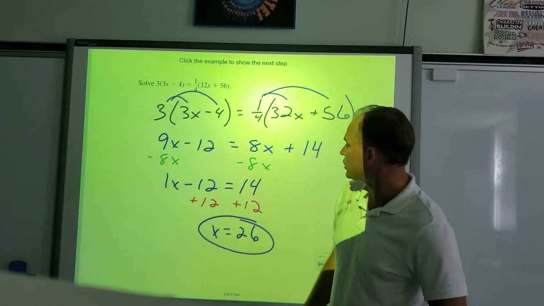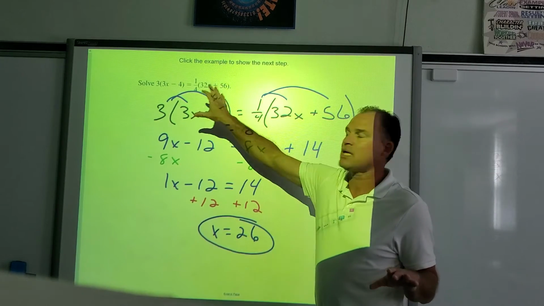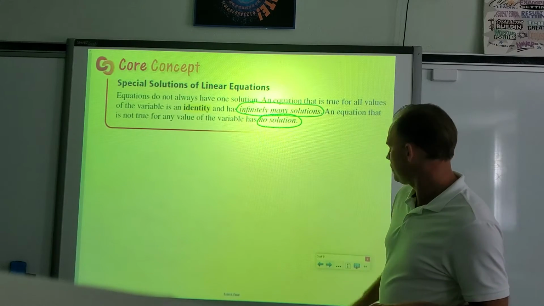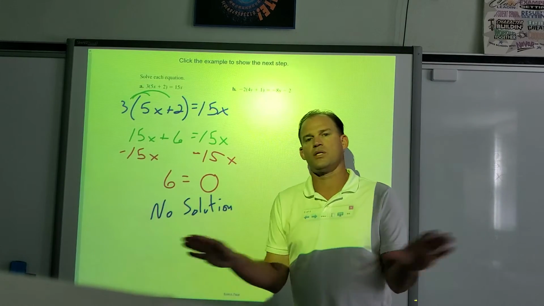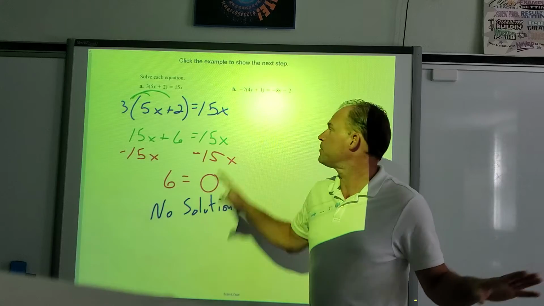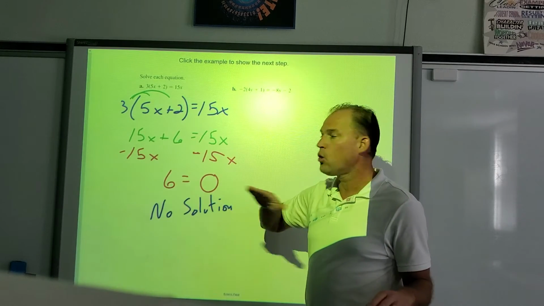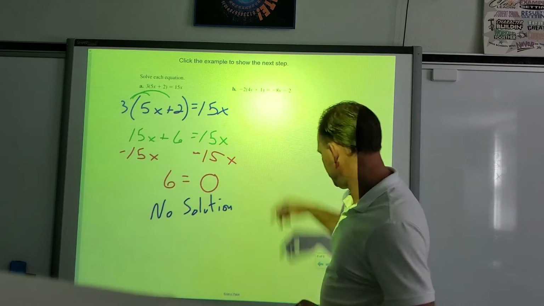If I look at this equation, 26 is the only number in the entire universe that will make this equation true. So when we get here, what we have found is that there are no numbers in the entire universe that are going to work here. None. I can plug numbers in all day long. None of them will work. There are no solutions to this problem. Conversely,